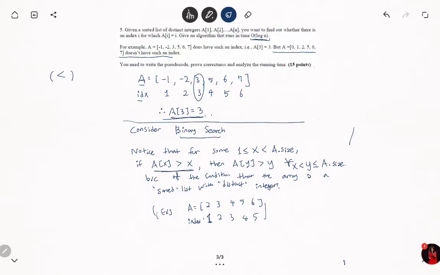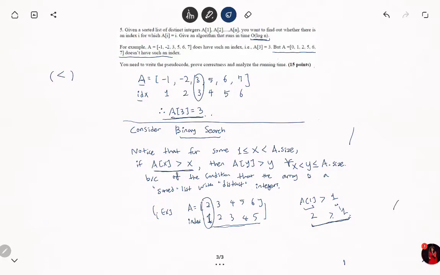And we have to notice that the index will never catch up to the array value, since we already confirmed that A1 is greater than 1, which is A1 is 2 and the index of that is 1, right? Since this relationship is established,